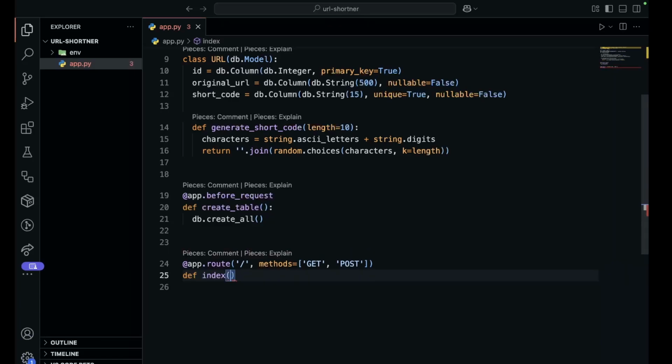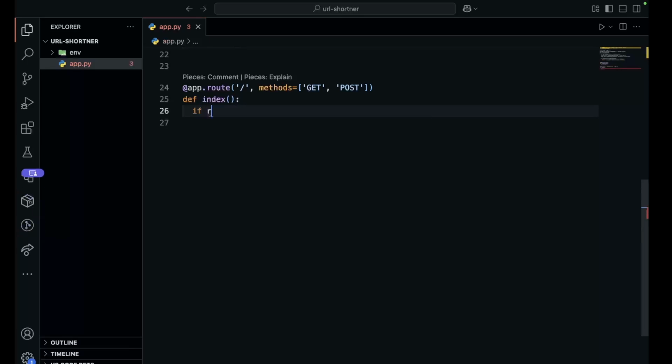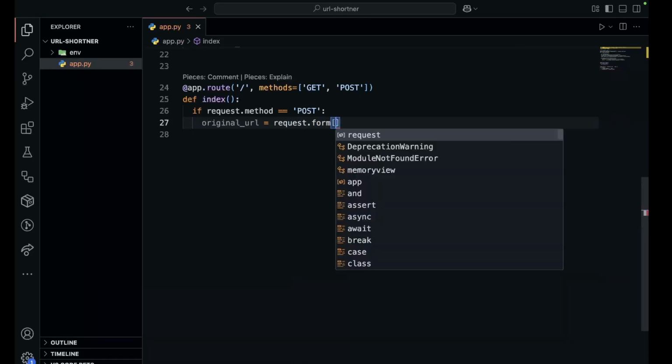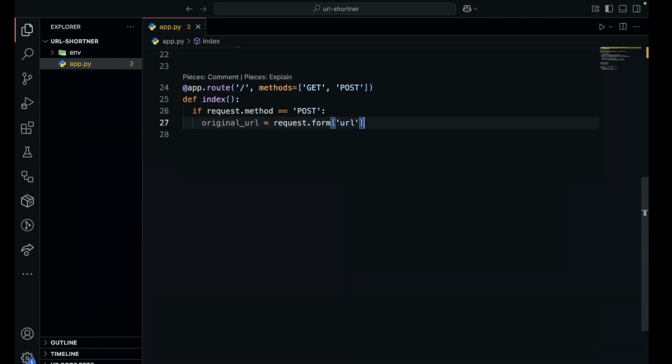So it's going to be index, and then we're going to say if request.method is a POST method, we are going to take the original URL from the request form, and we would be defining that as url,